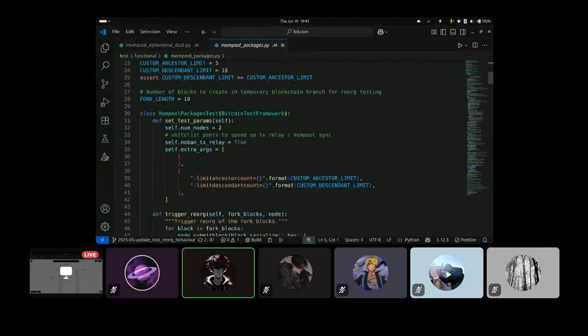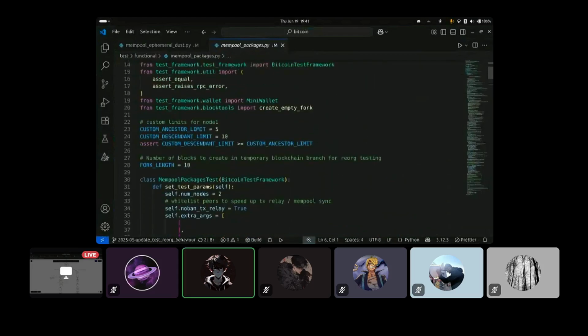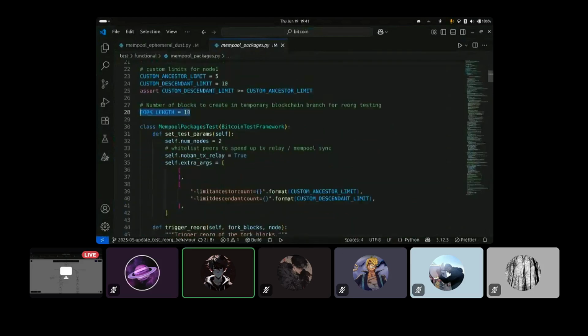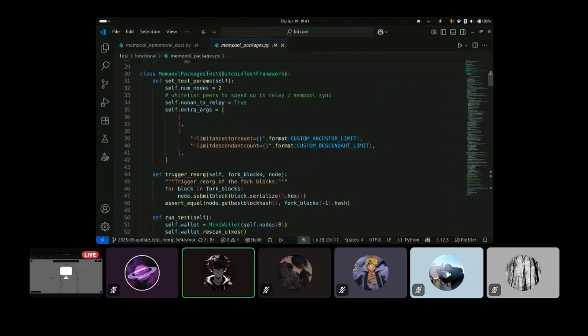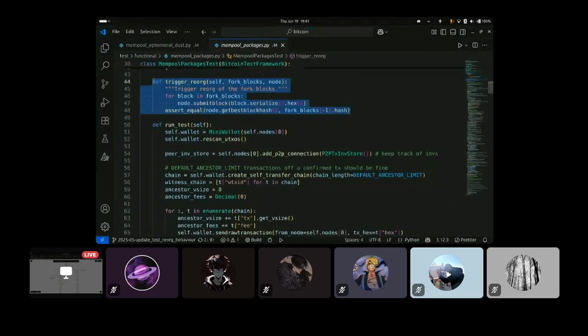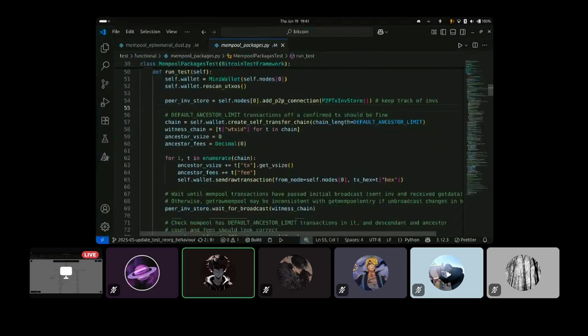So we'll see what we are actually testing here. Likewise, first of all we are creating a fork length, and then a helper function for reorganization, and then we are testing whether the